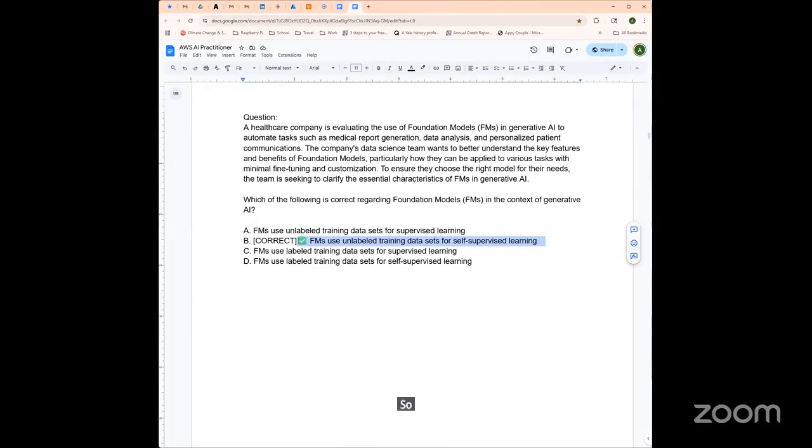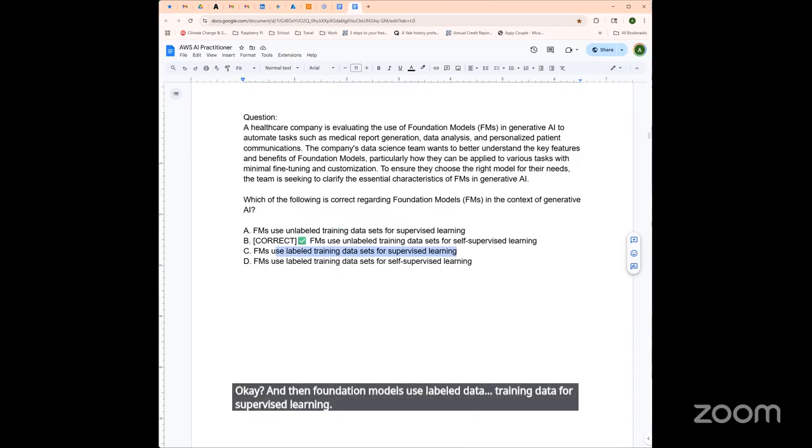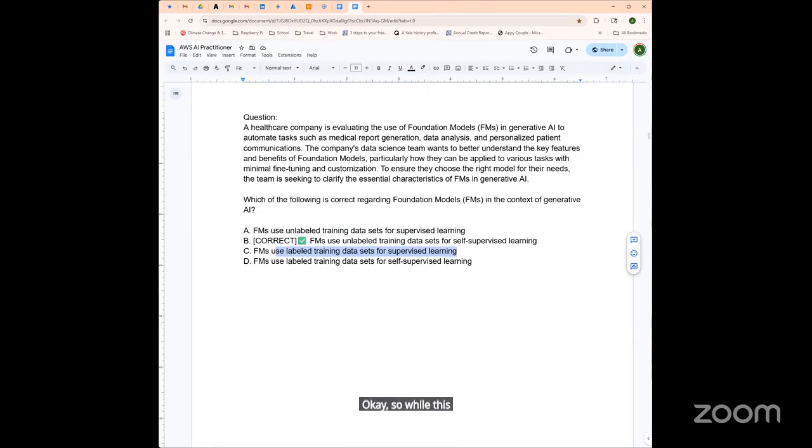So why are the other ones incorrect? All right, so foundation models use unlabeled training data sets for supervised learning. Listen to that. Supervised learning requires labeled data, not unlabeled data. This statement contradicts the definition, okay? And then foundation models use labeled training data for supervised learning. Okay, so while this is true for traditional supervised models, it's not the case for foundation models, which use self-supervised learning.